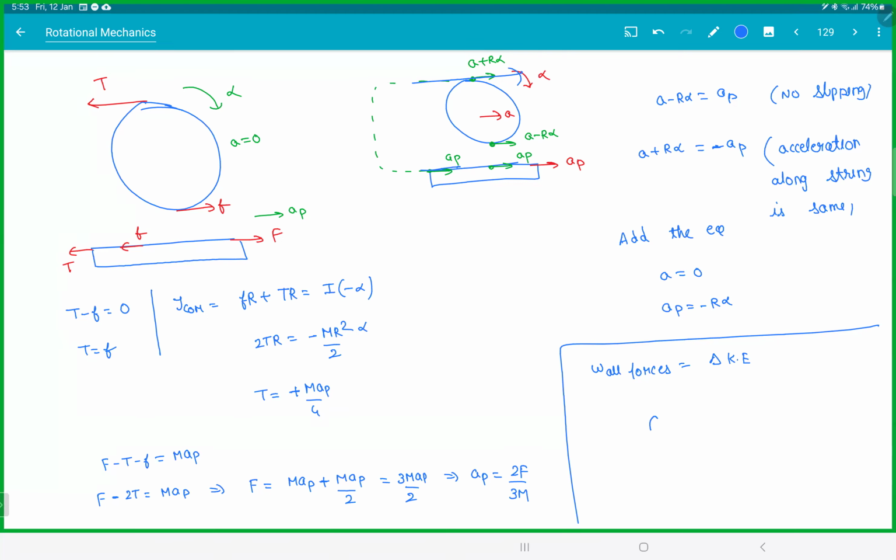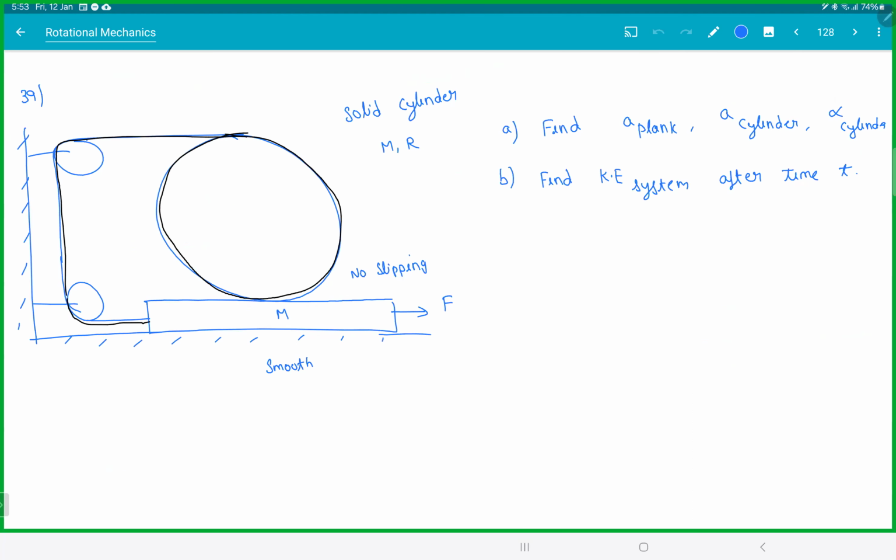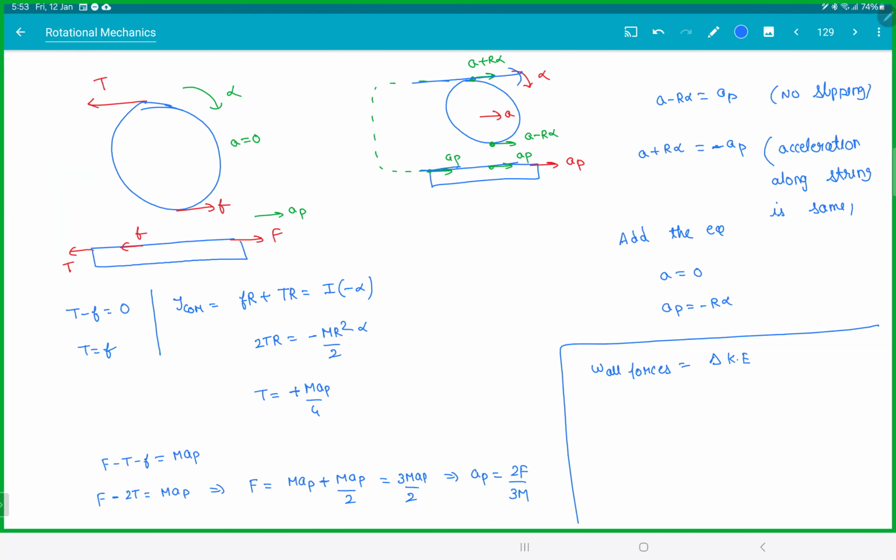You could have said integral F bar dot ds, where ds is the displacement of the point of application of force. Or, force into displacement of the point of application of force. If F is constant, you can remove the integral. It is not force into perpendicular distance. So be careful. Read your definitions. If you guys are struggling with such a small thing, I don't know what you are doing exactly after